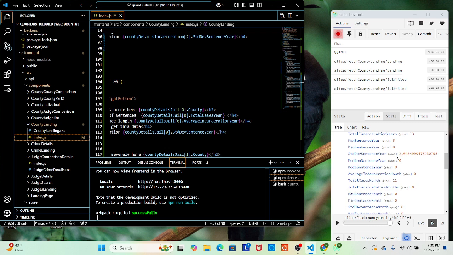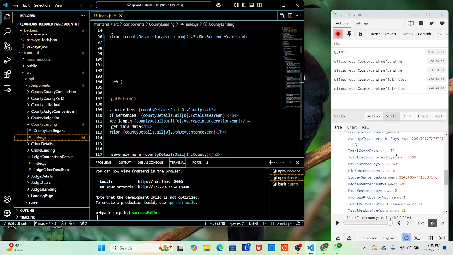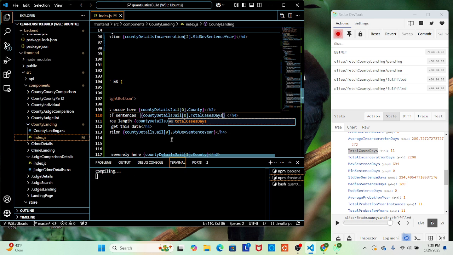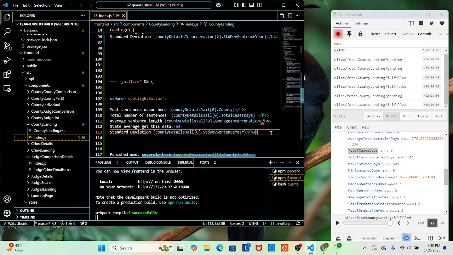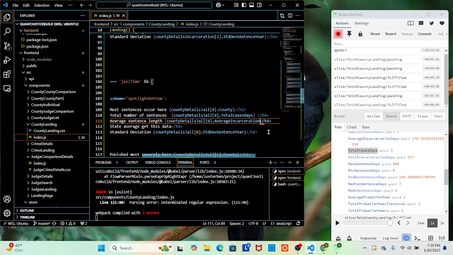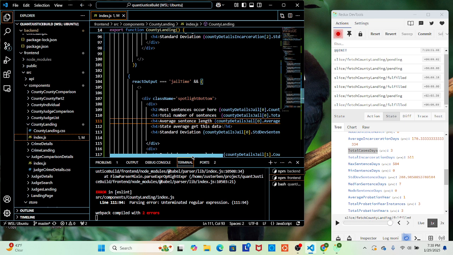Years. Dot county, total cases, years. Total cases, days. Knew something was off. Average incarceration, days. There's never a 111.